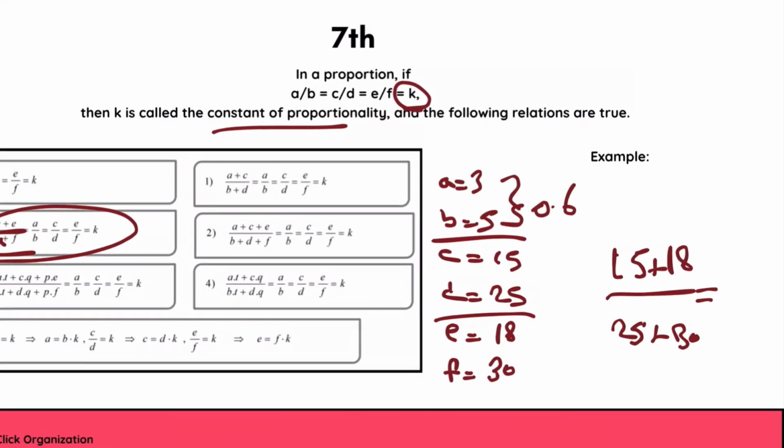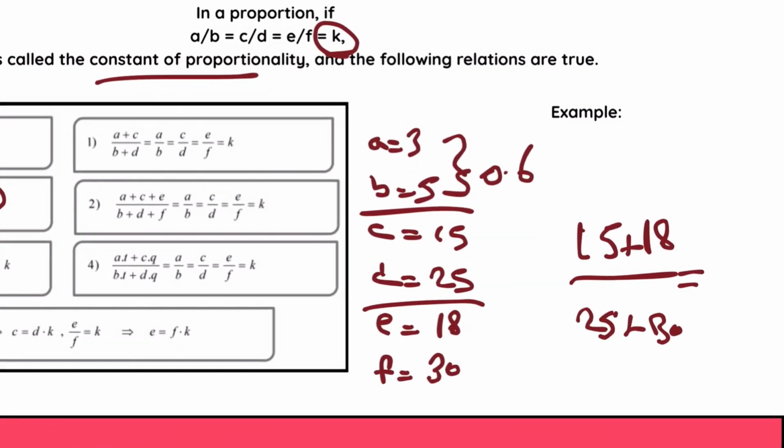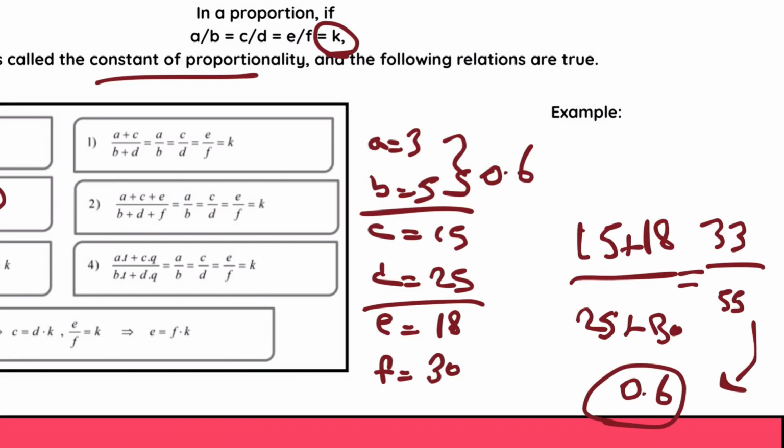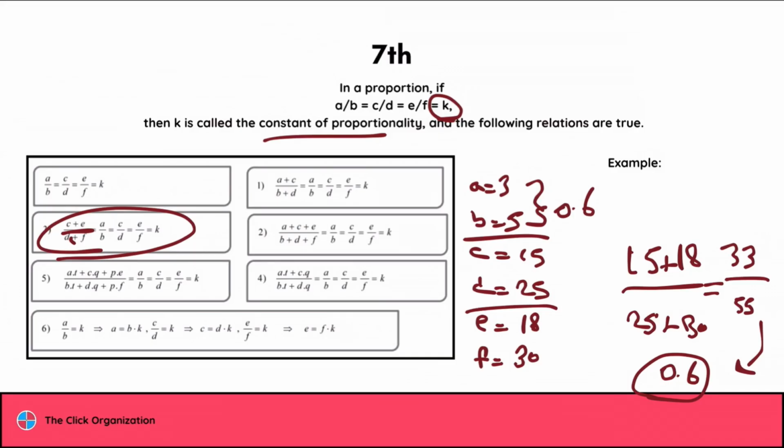So what's going to be the result? 15 plus 18, 33, divided by 25 plus 30, it's going to be 55. So let's do the division. I use the calculator because we don't have time to do it manually, and the result is exactly 0.6. Look it up in the calculator and the result is 0.6, and this is a proof that this relation is